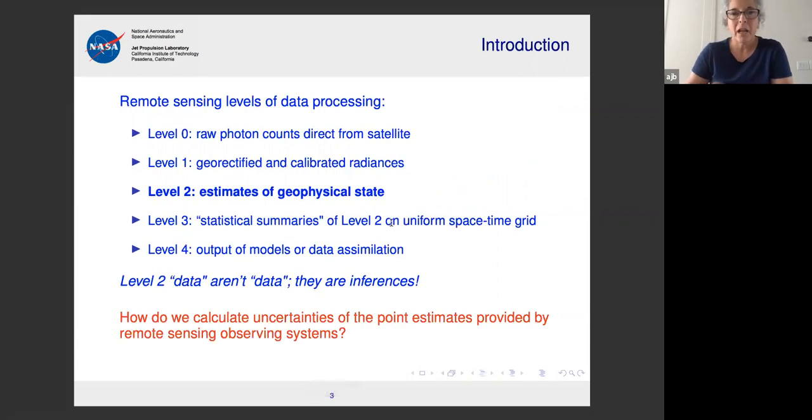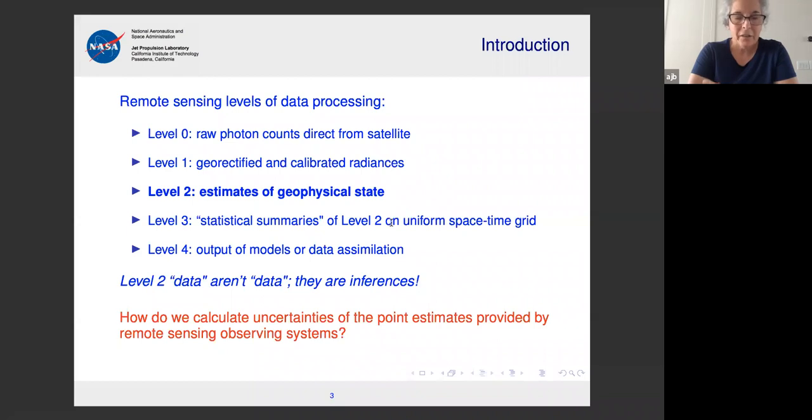As you may or may not know, when NASA or any other space agency puts an Earth observing or a Mars observing satellite into orbit around the planet, all those instruments do is measure photon counts in different bands of the electromagnetic spectrum. So when one talks about NASA data products, something like surface temperature, it's not like there's a big thermometer up there in space that is somehow magically able to see the surface of the Earth and measure the temperature directly. Those sorts of geophysical data are inferred from these raw photon counts from the satellite.